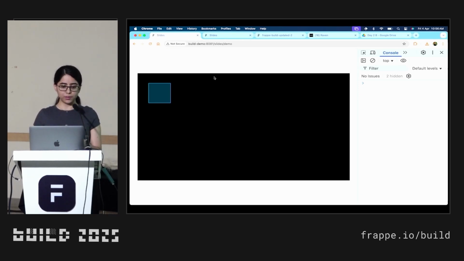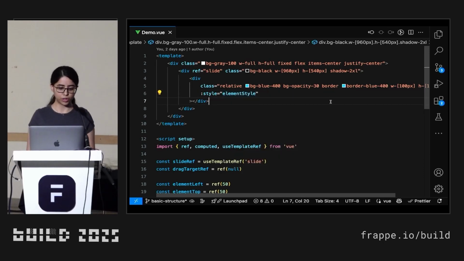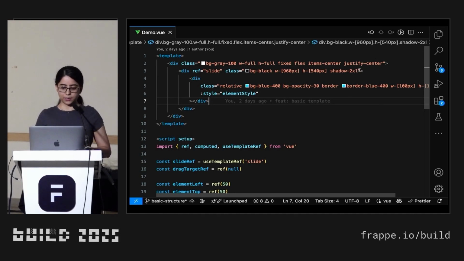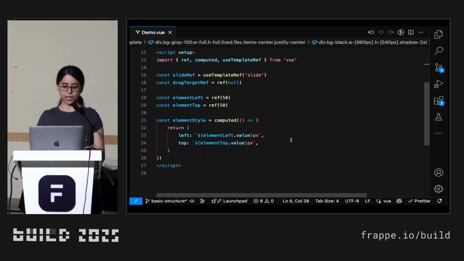So like I mentioned in the pseudocode, I'll add the functionality to this particular div. So the code for that slide container as well as the element that you saw on the screen is here. And this is the parent div. I've set basic width and height, and this is the element. And how the position is currently getting applied is using a dynamic style. So even if you don't know Vue, this is how you would apply it in HTML, CSS. You would set the left and the top